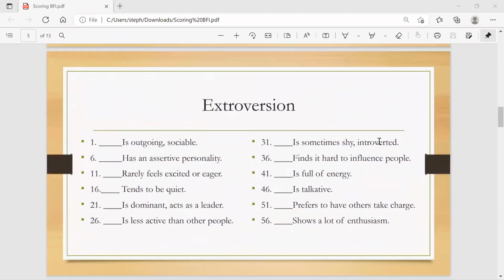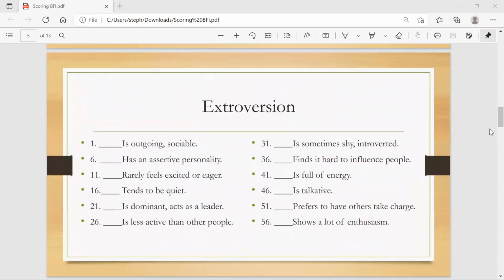Okay, oh, sorry. So here's the extroversion subscale. Remember that when you're doing one of these types of personality inventories, it's ordered in a specific way. You are not going to create any of your own items. You might want to ask a question. Let's say that you did want to know about